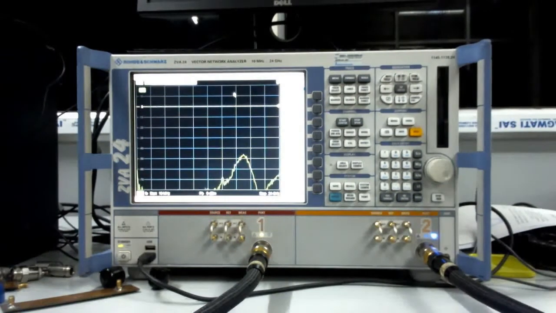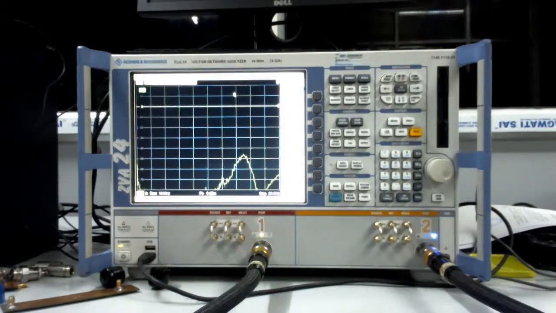Before we start measurements, we have to calibrate the vector network analyzer to get rid of various inherent losses as well as inaccuracies which may come because of our probes used at various connecting points, etc. Now, calibration is of two types.